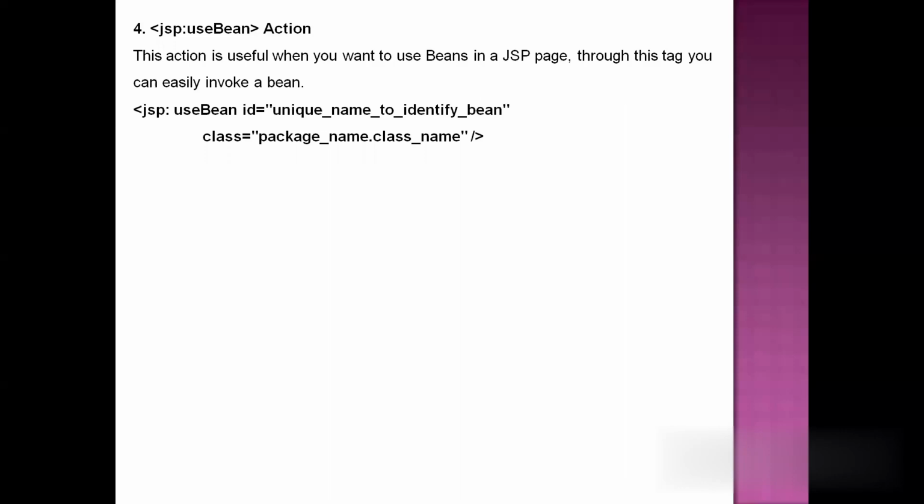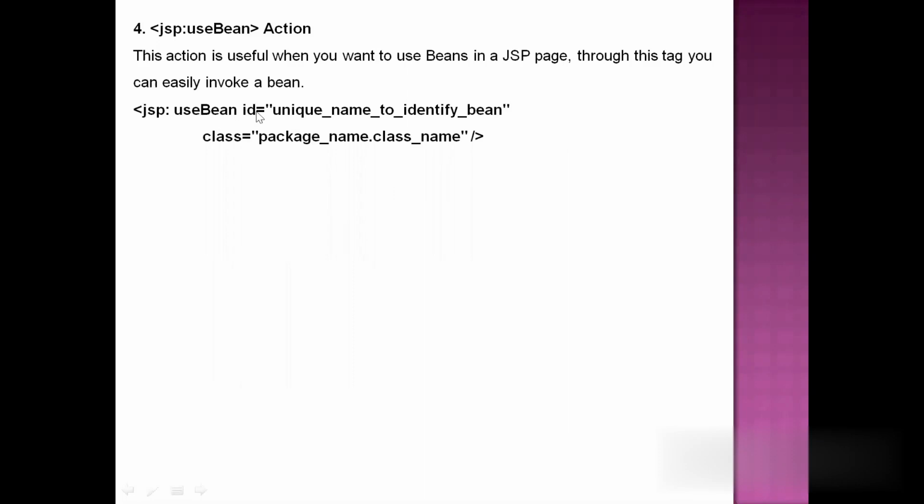Suppose you want to use a particular Java function in multiple JSP pages. Instead of writing that function in every JSP page, what we need to do is write that function in one Java file, save it with the .java extension, just to create it as a bean class, then use that class in all the JSP pages wherever you want. So for including it, we will use this useBean tag. See here, the useBean tag.